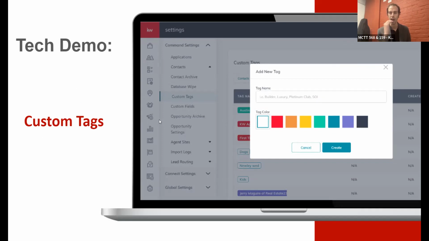So by tagging everyone in your database, you can then go through the library of smart plans that other agents across the country have been creating. And you can then utilize those same smart plans and utilize the tags that you created in your system to activate those smart plans. So it is important to have them separated, the D2,